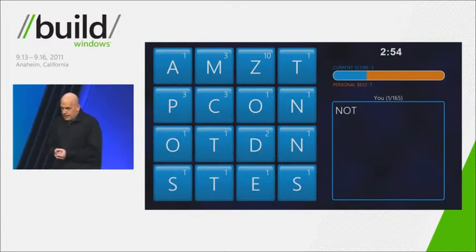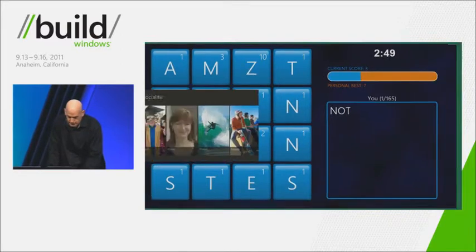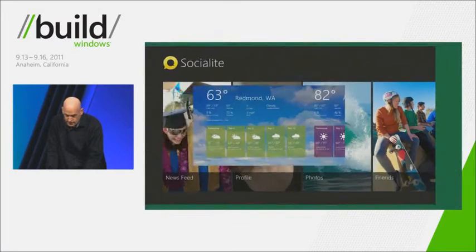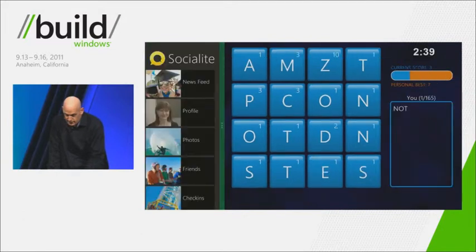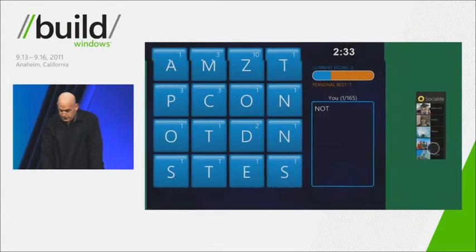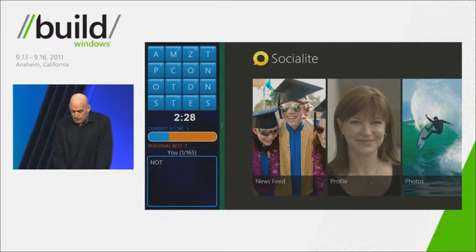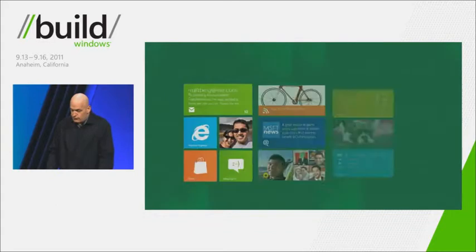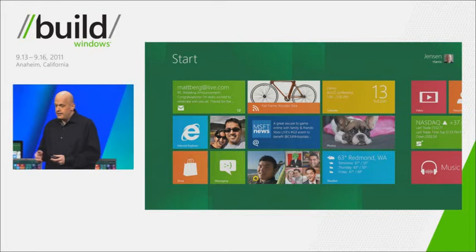So here I am. I've launched 4 apps. And as you saw this morning, switching between them is just as simple as moving my finger in from the edge. You see, just totally fluid, totally easy. If I want to see 2 things at once, it's very easy to bring it out, snap it in place. If I want Socialite to be over on the other side, very easy to just move it over, let it go, change the split point between the 2 snapped apps, and make it go away. And then when I go back to start, I just swipe in from the right side and choose start. So that's a reminder of how that looks. And as we switch back to the slide here,